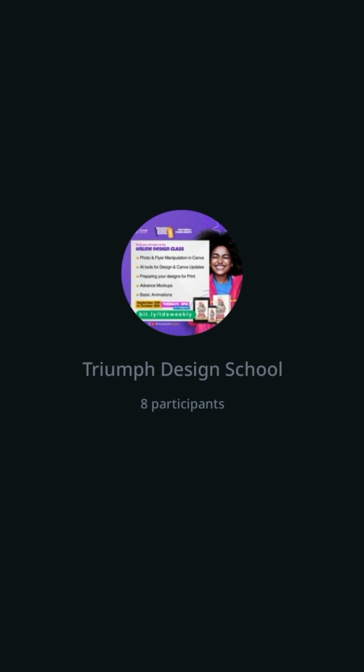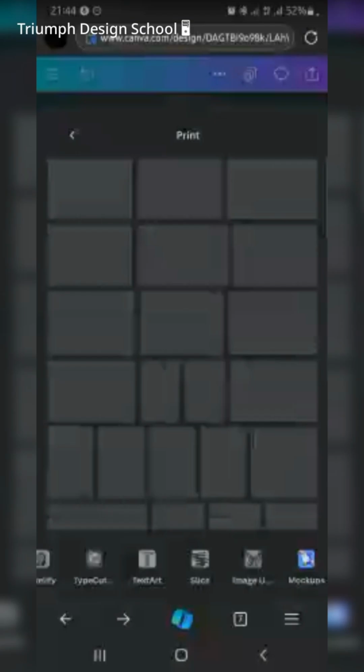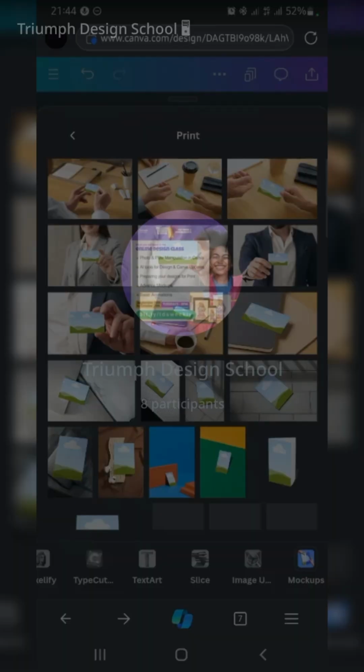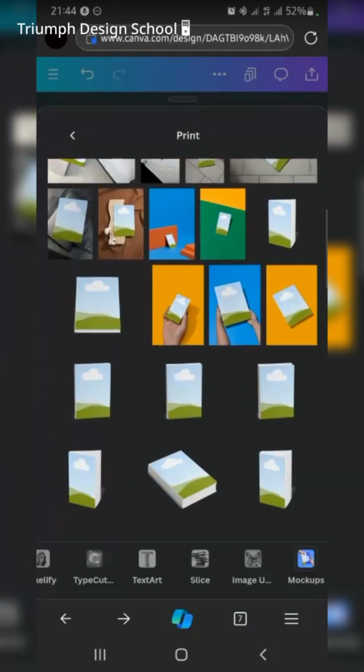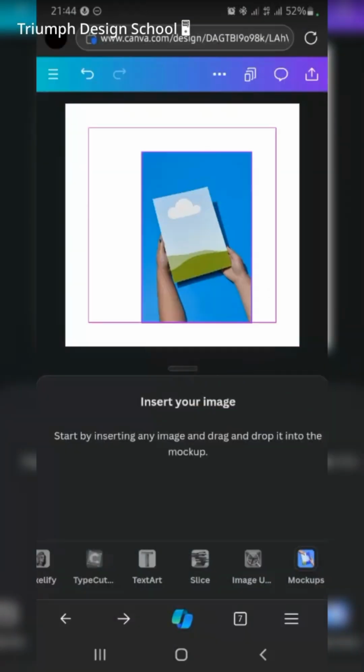So let me do one more with a flyer. On that flyer, you have print. For you to say flyer, it's called to print. So since our flyer is a landscape flyer, so I can just pick this one. I say landscape, portrait rather, since it's a portrait flyer. So I can pick one of these. So once I pick one of these,